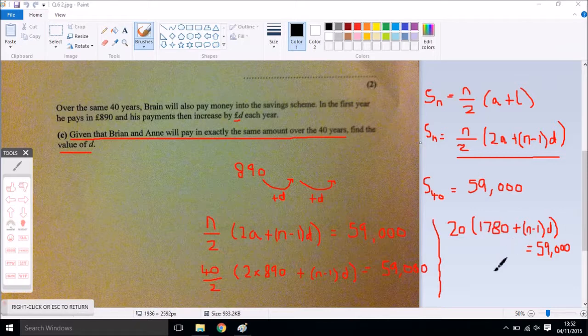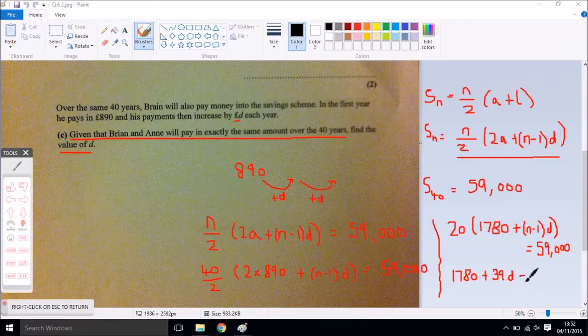So let's just divide by 20 on the other side, and what we're left with is, okay, also I forgot to put this bit here, because remember n minus 1 is going to equal 39, because if n is 40, n minus 1 is 39. So we're just left with 1780 plus 39d,